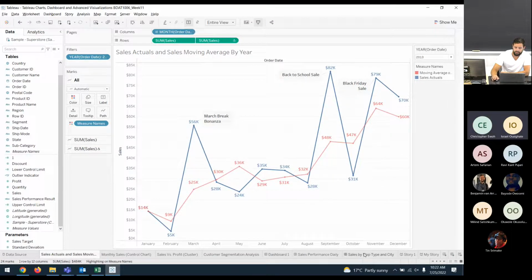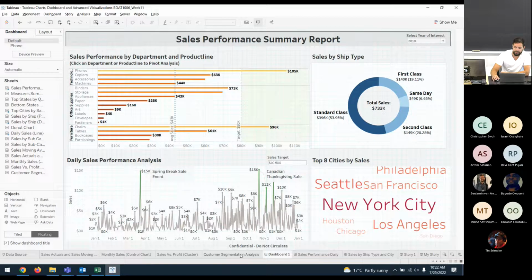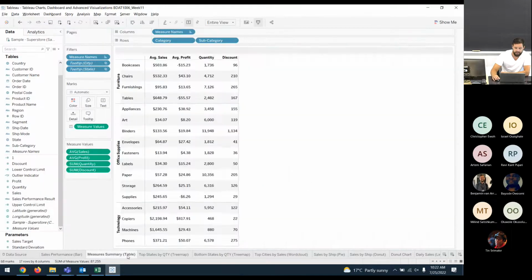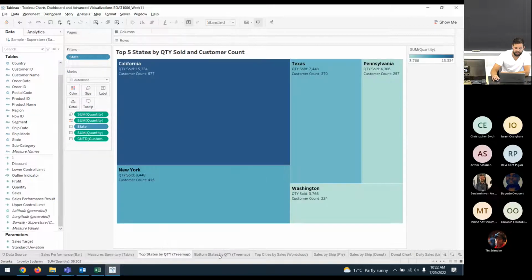Okay, yeah. So does this look familiar? We would have done this. I think we started with this one and we went through and created this